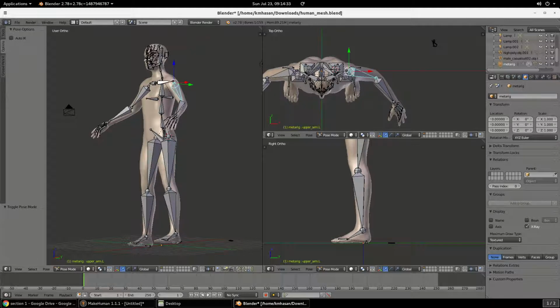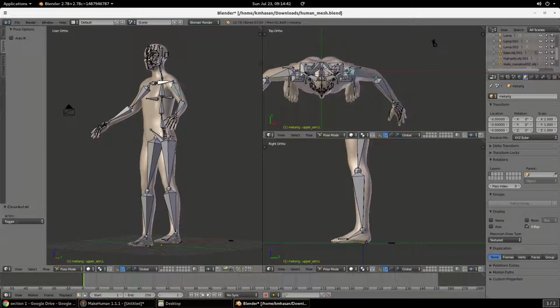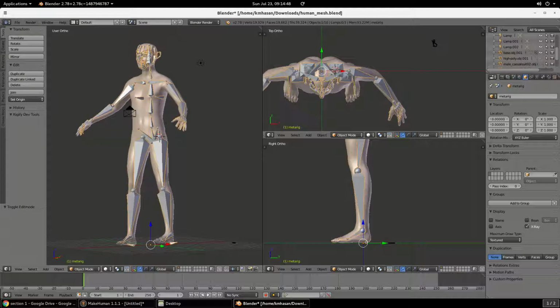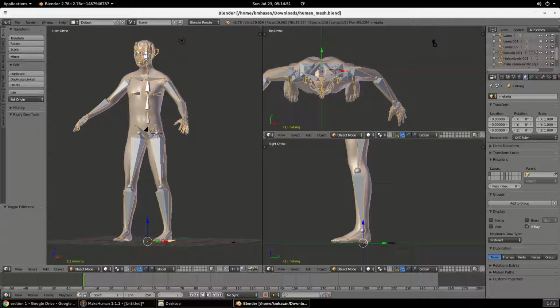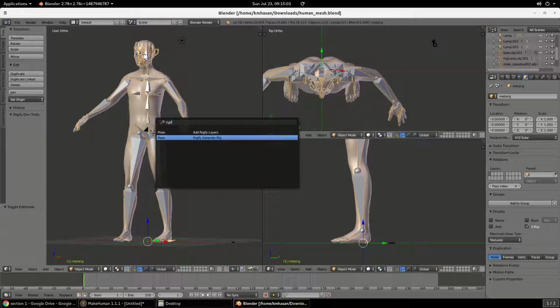However, this is already parented. Alt P to clear the parent. Now this is not parented anymore. I want to show you that there is a better way to manage all these things. When you have this armature selected, let me save this before I lose everything. There is an option if you press your space bar and type in Rigify. The second option says Rigify generate rig. It's going to generate the rig for you. Based on this armature, you can have a lot more controls for your whole character. So I'm asking it to generate the rig,